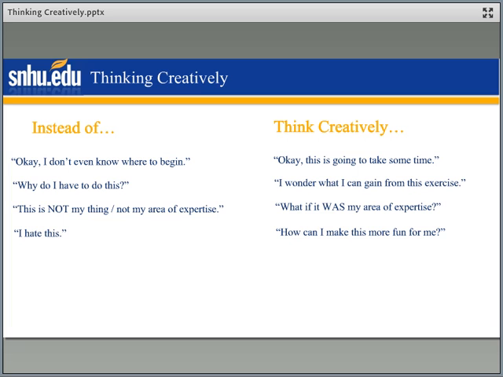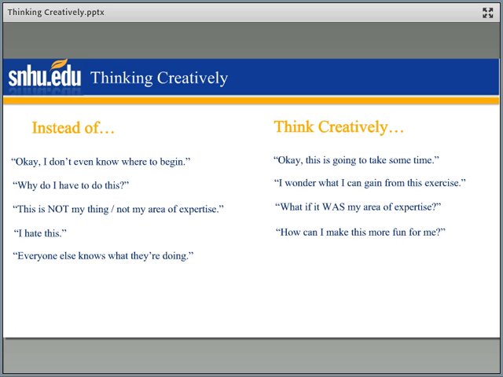But if you can think more creatively about, all right, how can I make this more fun? What happens to me when I am enjoying some material or subject matter, and how can I turn this into something like that? How can I make a game of it? How can I make it a puzzle or a challenge or a riddle that can maybe make it more fun for me?